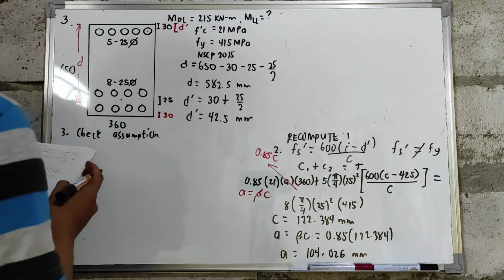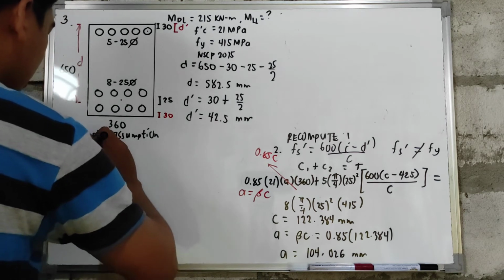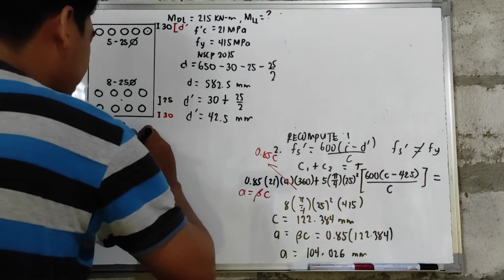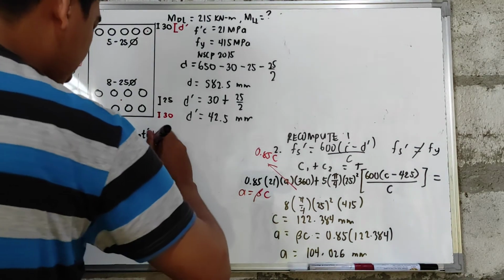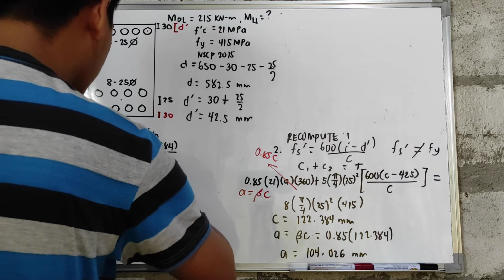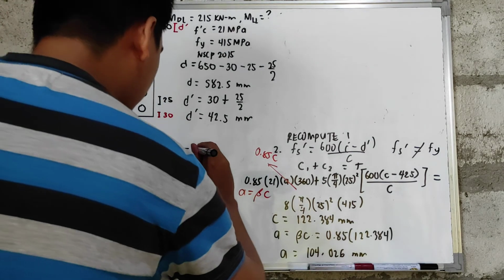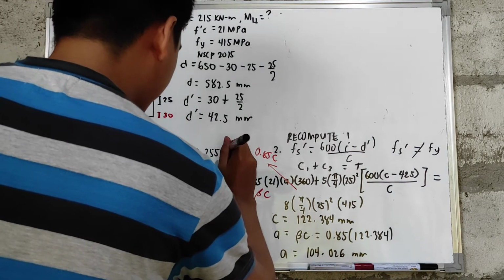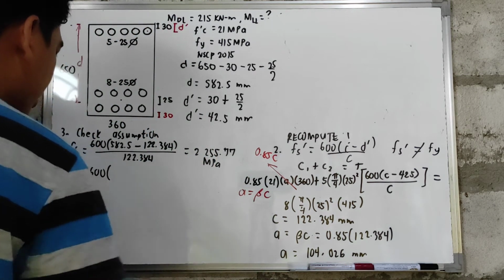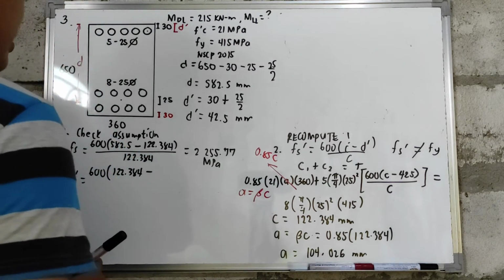So, kunin natin yung Fs natin, and kunin natin yung value ng Fs prime natin. So, Fs that is 600. Yung D natin, that is 582.5, minus yung C natin, which is equal to 122.384, over yung C natin na 122.384. So you have a value of 2,255.77 megapascal. Then, yung Fs prime naman natin, 600, multiplied by yung C natin na 122.384, minus yung D prime natin na 42.5,